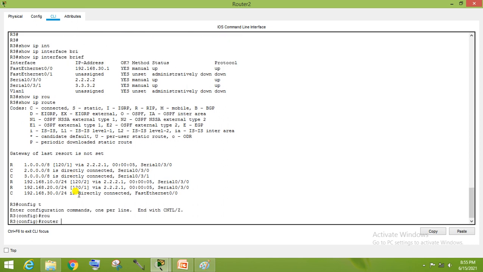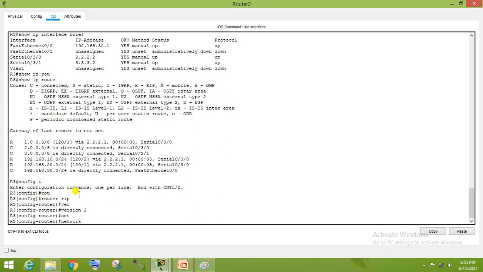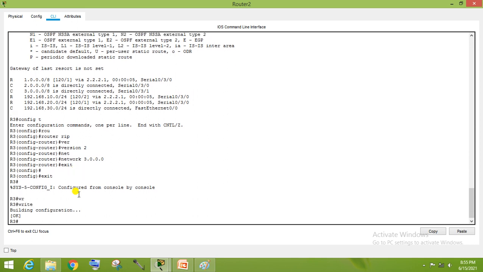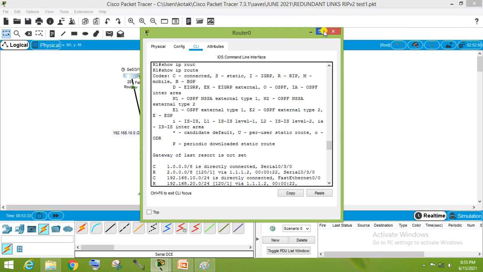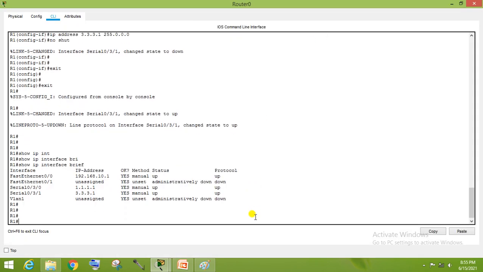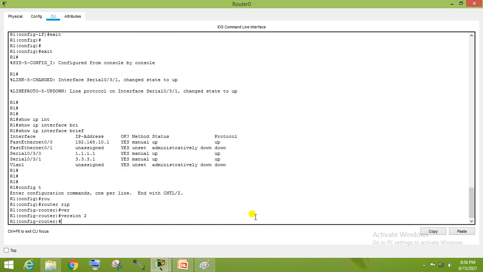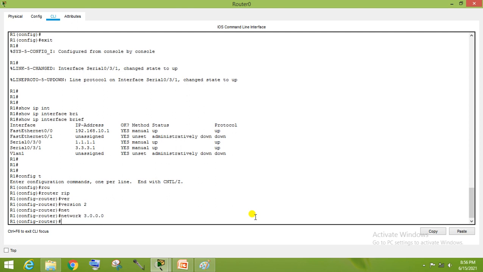Router RIP, version 2, network 3.0.0.0. Just write it. Go to router number 1. Router RIP, version 2, network 3.0.0.0.